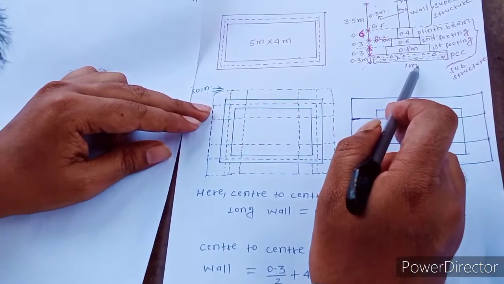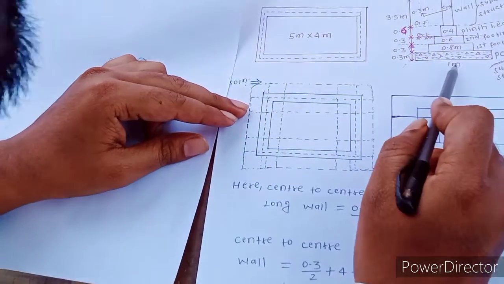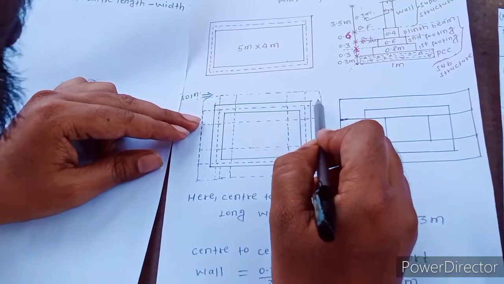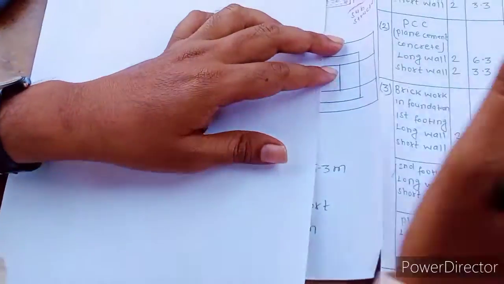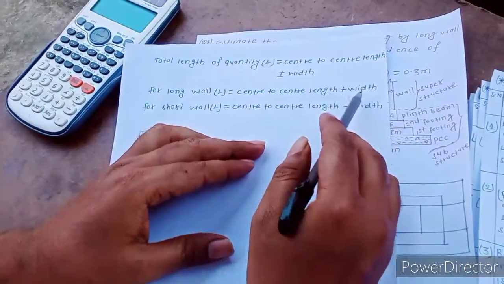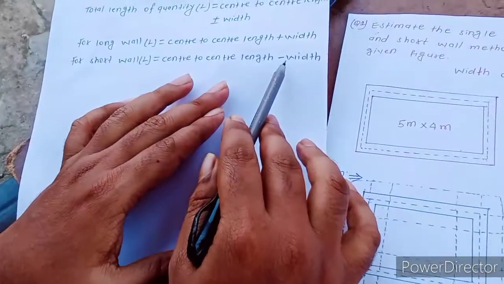This rule is applied for all items. So this is PCC, the width is 1 meter, so here the length also increases by 1 meter. That's why in every case we should add the width of that item, and here for the short wall we are subtracting the width because